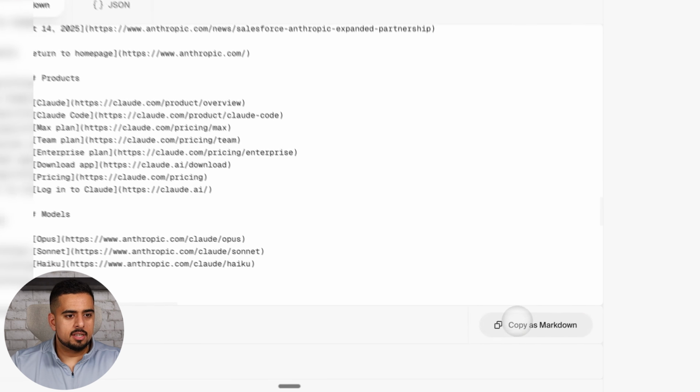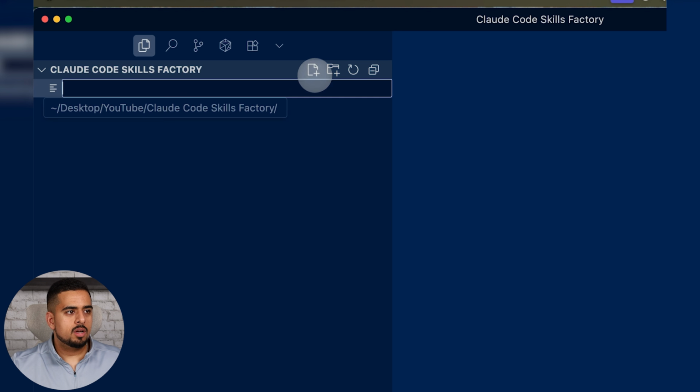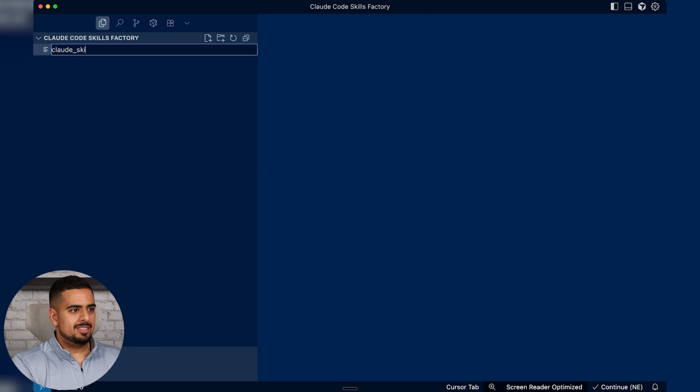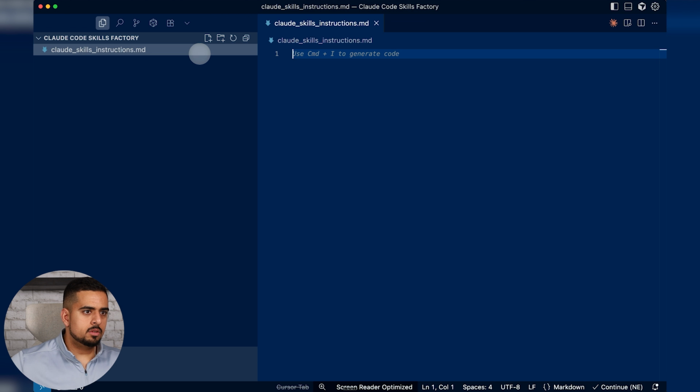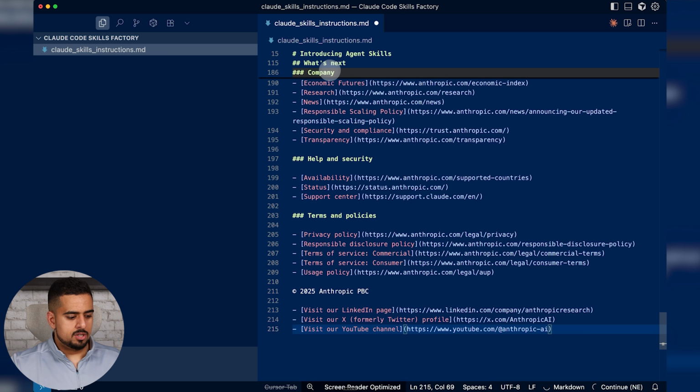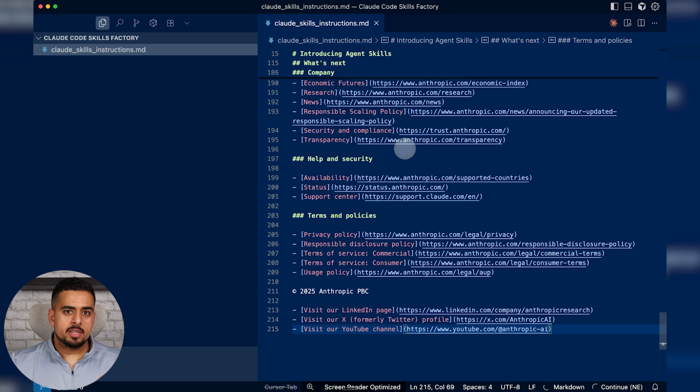So I'll take this and I will lazily go into here. We'll create a new file. I'll call this file Claude Skills Instructions .markdown. And we'll just paste this. We'll save it. And what's good about this is because we scraped the entire web page,